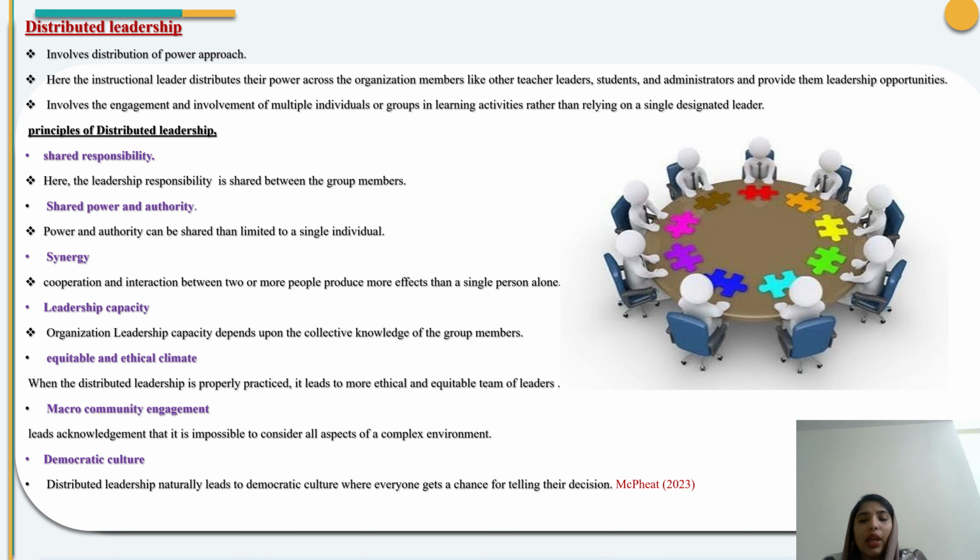The next model I would like to discuss is distributed leadership. Here it involves the distribution of the power approach, and I would distribute leadership. I would like to distribute leadership responsibility between the teachers, students, and administrators. The teachers can help me